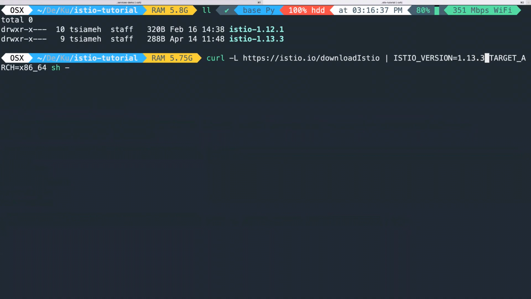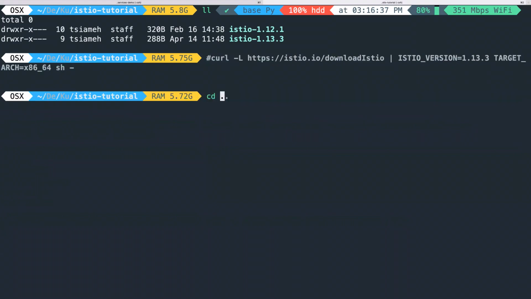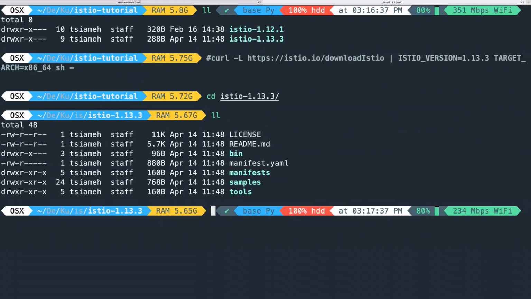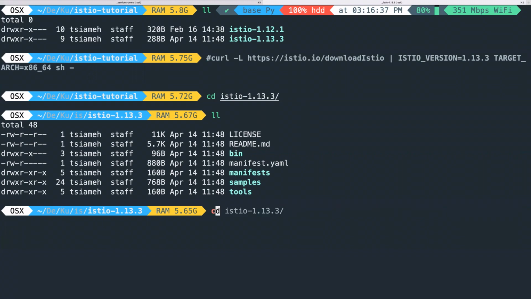Okay. So I think basically that is it for the installation. So now we are going to cd into that folder. So we're going to say cd Istio 13.3, and you can see there's a bin folder, manifest, samples, and then tools. So samples is where our bookinfo application lives. Okay, so let's go into the